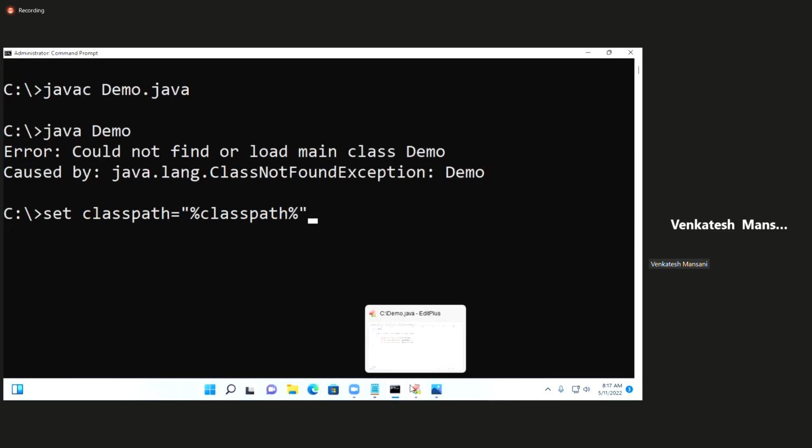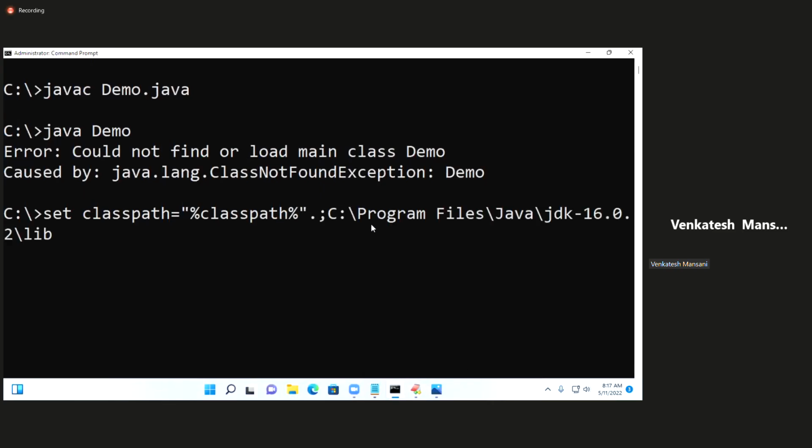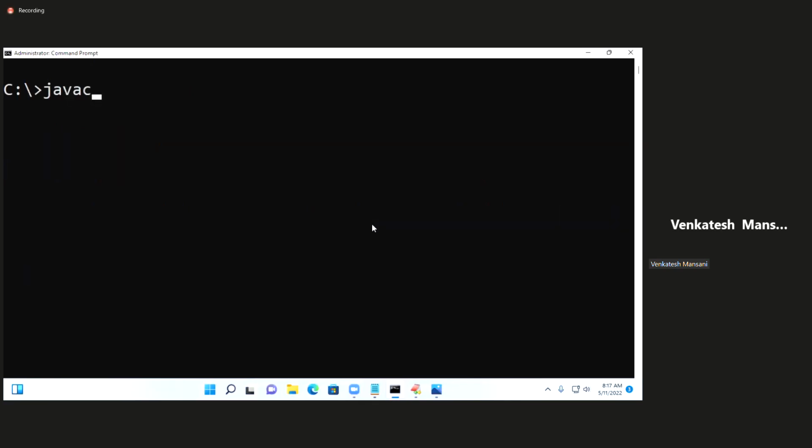This classpath is not required in my system; settings changed, that's the reason. See, the default name is main. The default priority is 5. If you want to change,